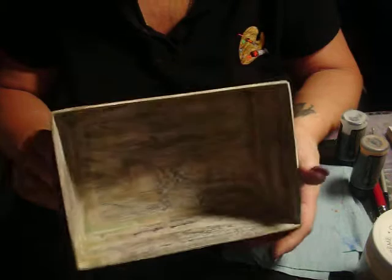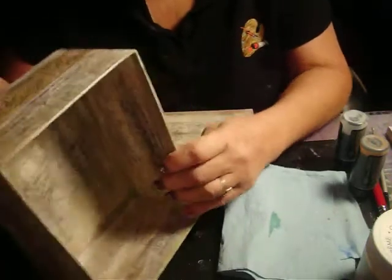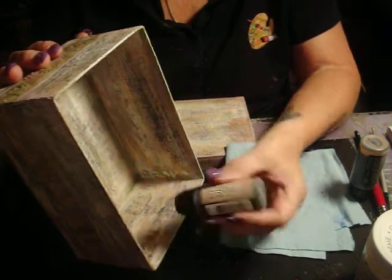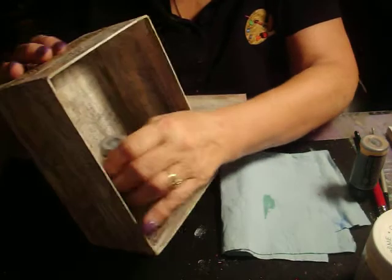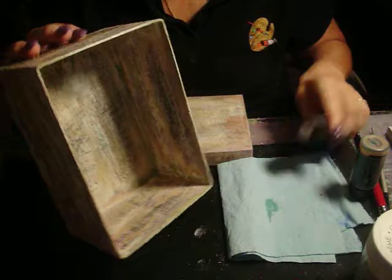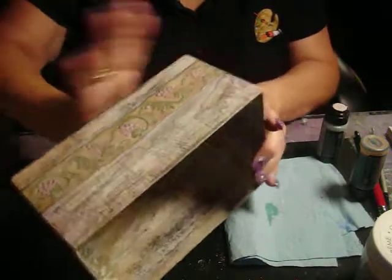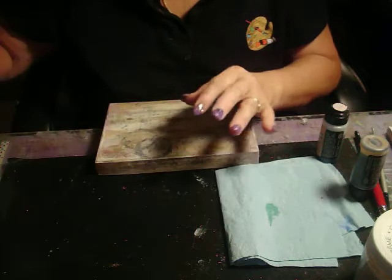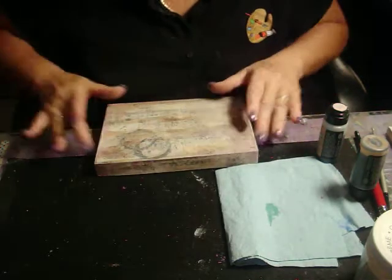And on the inside I did the same thing. I took the stain bottle, and I put it in, and I just squeezed it until it was liquid running, and then I just started turning the box and letting that stain run all over the place. And I didn't really blot in here. I did not use the crackle on the inside, but